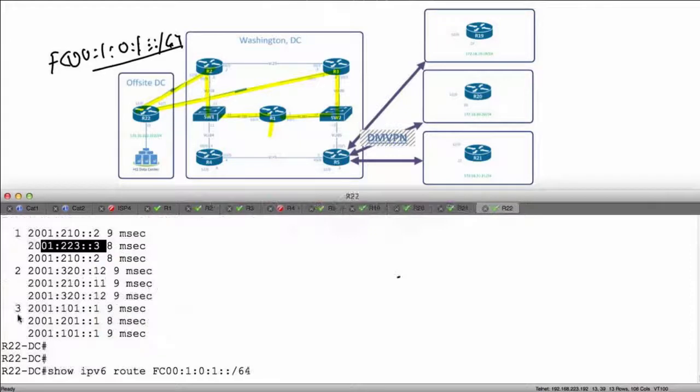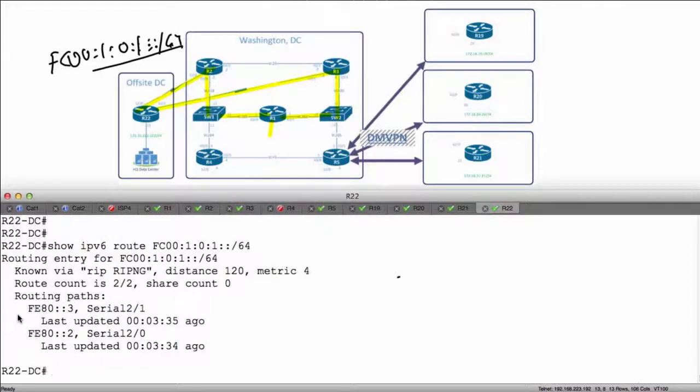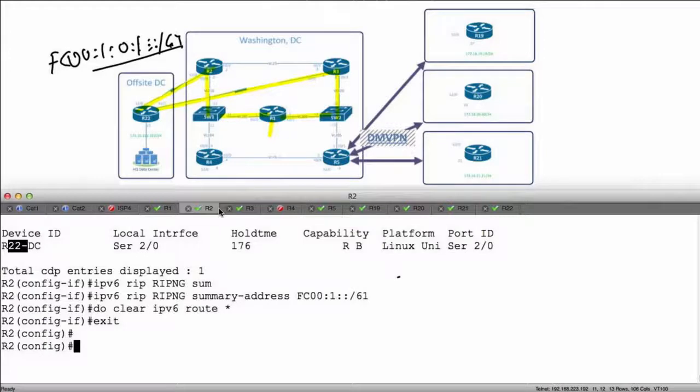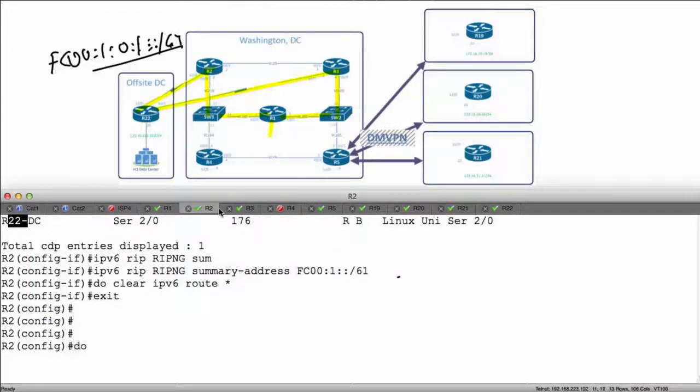Let's take a look at what's happening on R22 now. When I repeat my show command, let's see what's going on. We've got prefixes in our routing table for 2.1 and 2.0. And let's see exactly how things are going to happen. While this is cooking, let's go back over to R2 and make sure that I did everything properly. So do show run section IPv6